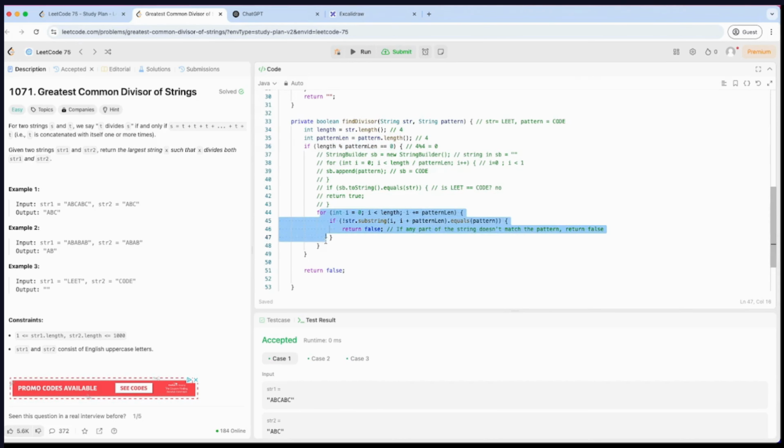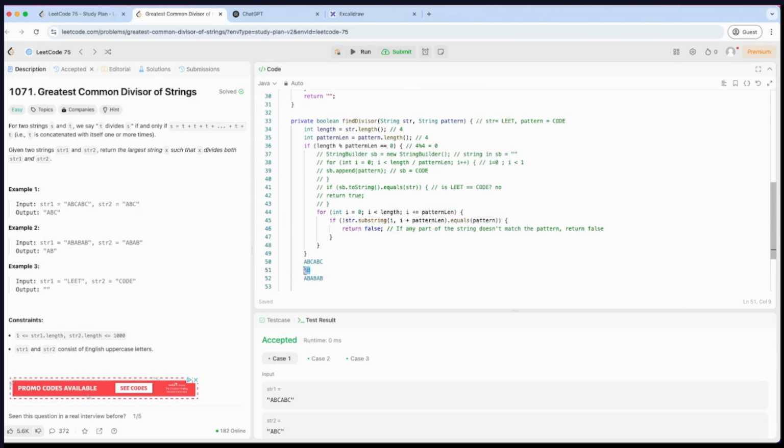Then if it is divisible, let's just find the substring instead of concatenating. Basically what it is saying here is, if we have this string and our pattern is AB, instead of doing AB, AB, AB, and then checking if this is equal to this, which we were doing here,